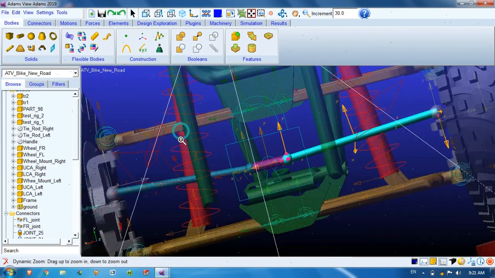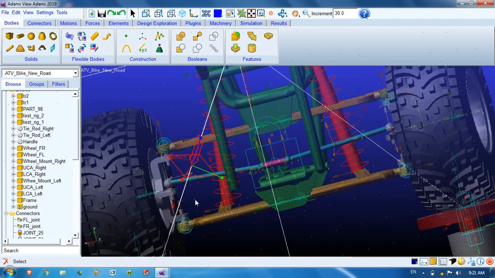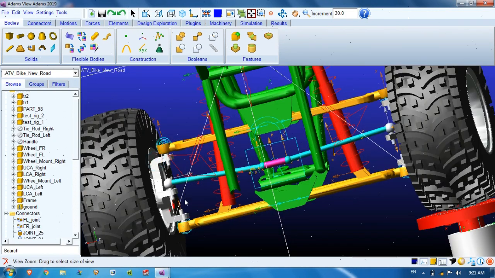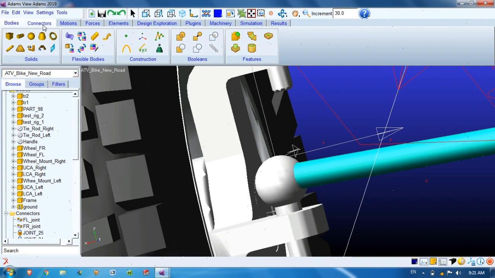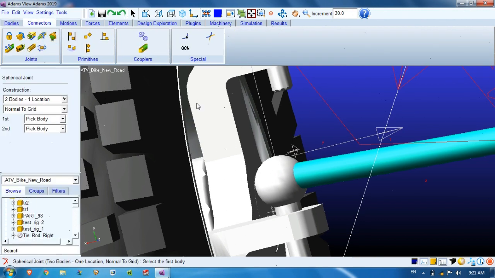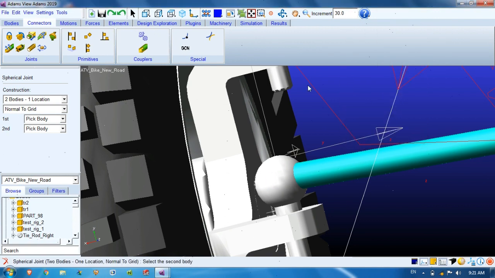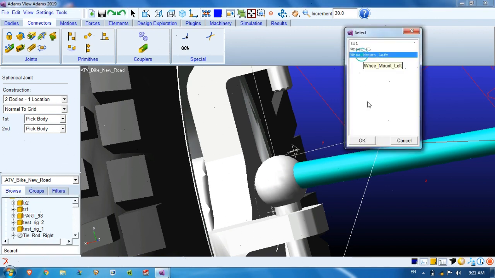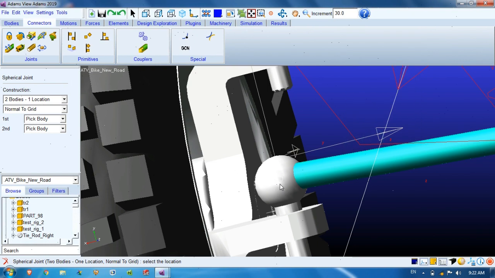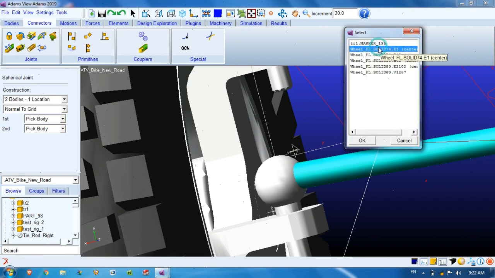Now we will create the joints of the tie rods. Here there will be a spherical joint, so go to the connector, spherical joint. First part is tie rod 1, second part is the wheel mount, left side. Location will be at this marker, it will prompt that marker.